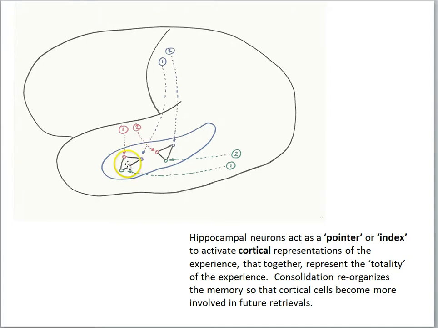And early on, after an event, the hippocampal cells are critical for retrieving the event because the cortical memory has not been strengthened yet by consolidation processes. So consolidation is going to reorganize the memory so the cortical cells become more involved in future retrievals. But initially, a lot of neuroscientists use this analogy that the hippocampal cells are like pointers or indexes to reactivate a memory or reactivate the cortical components of the memory for event number